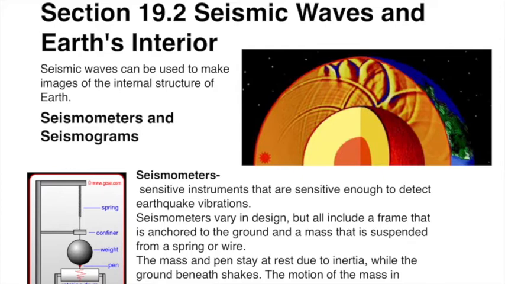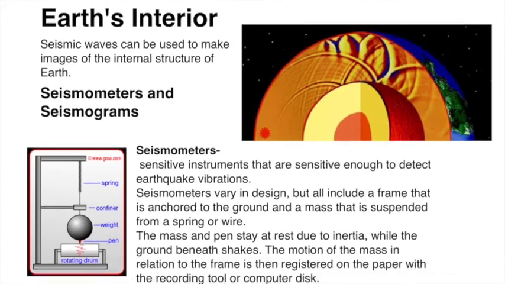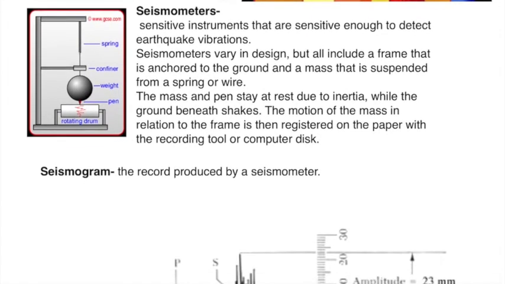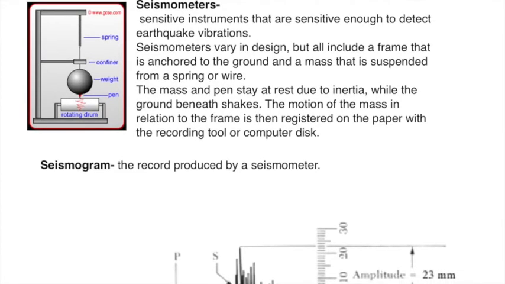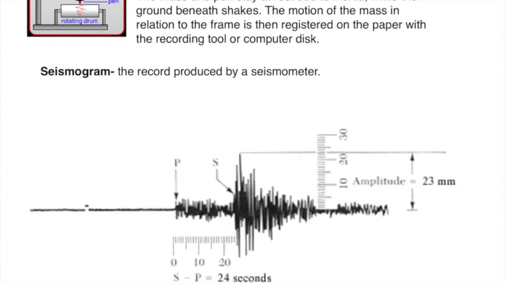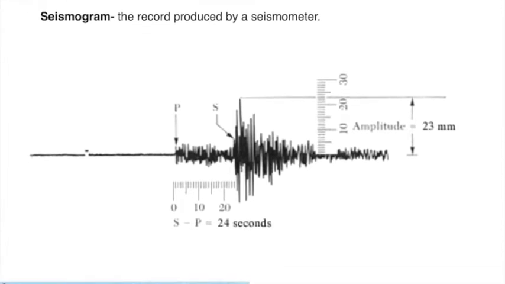So these are very sensitive tools, normally on some kind of a spring. And then the paper that's left over after it makes a move, so it's usually an electric drum that's moving and the paper is going around it. And as the paper is being marked on, that paper is now called a seismogram. So something that is marked. Now, a lot of times that's done computer recording rather than paper recording,